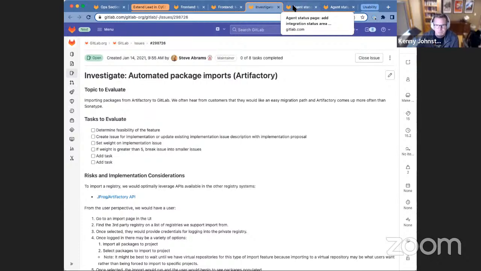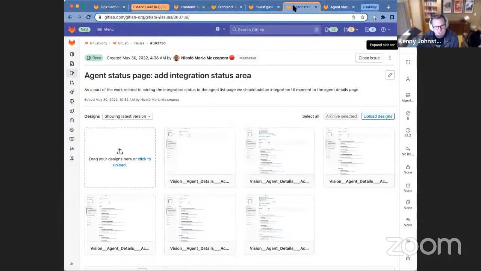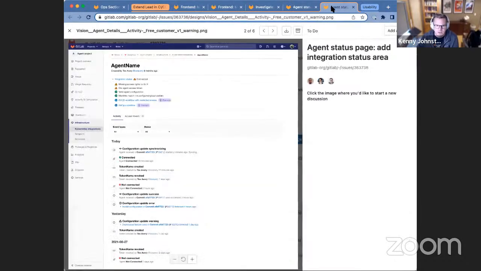users in migrating. Next, in the configure stage in our Kubernetes management capabilities, we've had the ability to attach an agent that is installed on your Kubernetes cluster to your GitLab instance or project or group. One of the troubling parts of doing that is that you don't necessarily get an immediate response about the status of that integration, if the agent and your GitLab instance are effectively connected. And so in 15.2, we're going to be adding this integration status right on the agent detail page, so you can quickly get an understanding of what's the current status of my Kubernetes agent.